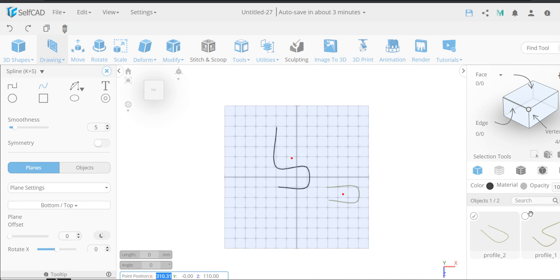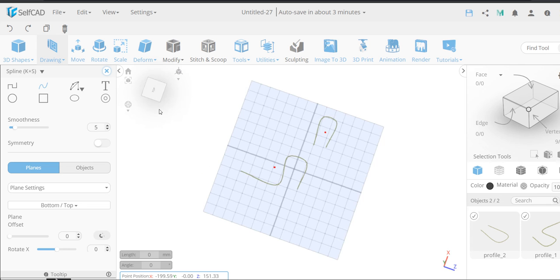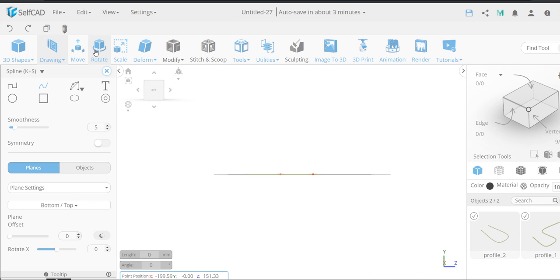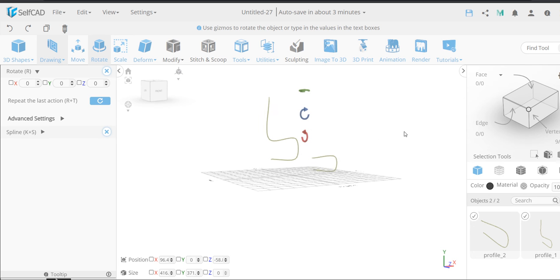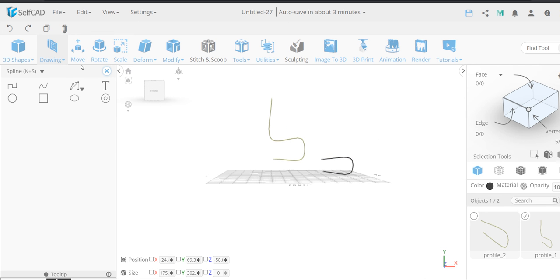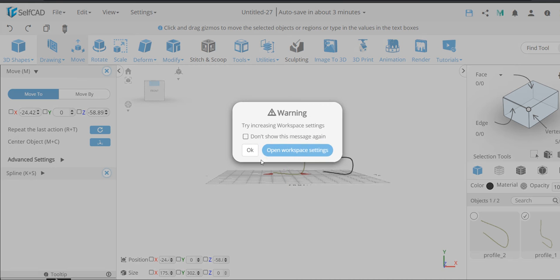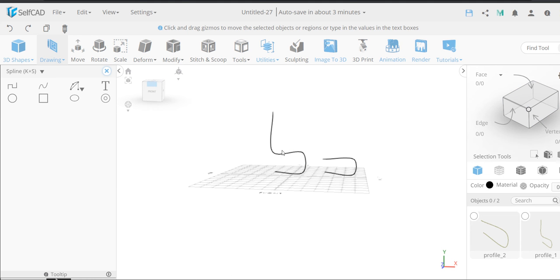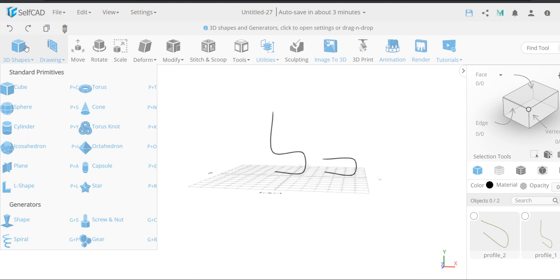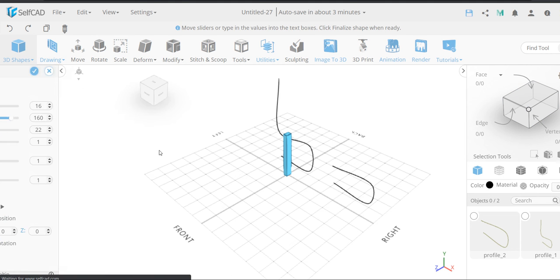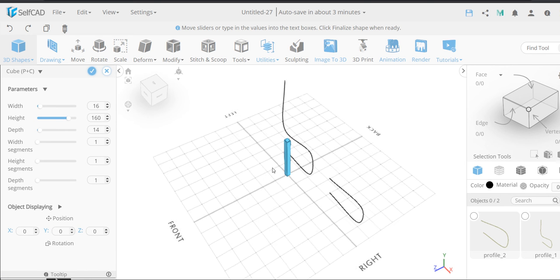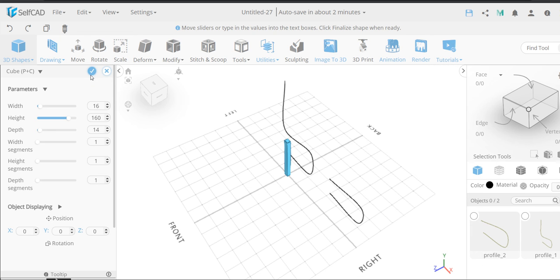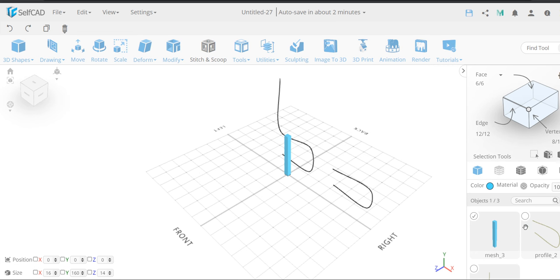Press escape. Okay. Now go to the left side and rotate it along the x-axis minus 90 degrees. Pull this chair to the ground. Now in the 3D shape, select a cube and give it the dimensions that I have given. Hit OK. Now select the cube and the chair outline